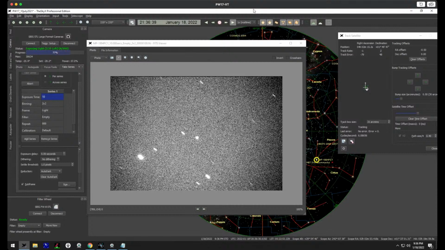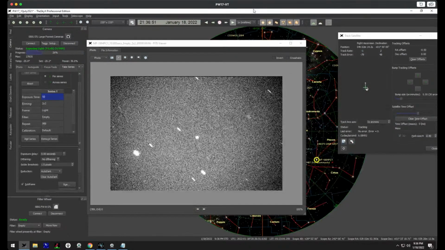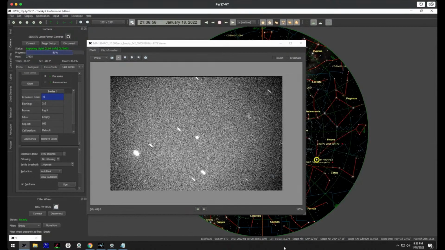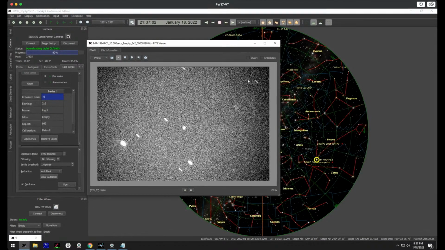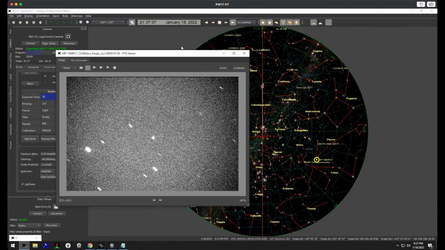Meantime, 1994 PC1, this 1 kilometer large potentially hazardous asteroid, is peacefully and safely flying across the stars, while we can see here, let me see if I can just scale this window. Okay, so yes, we have the image of the object, but we can still see here on the left where we are pointing the telescope. The object, the target, is moving west. It is going to set,